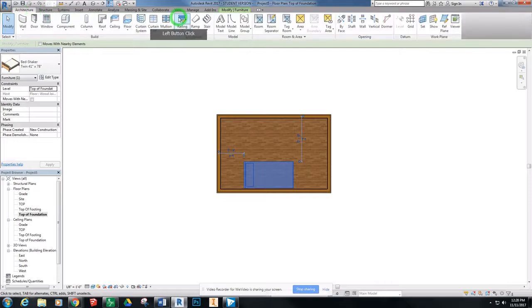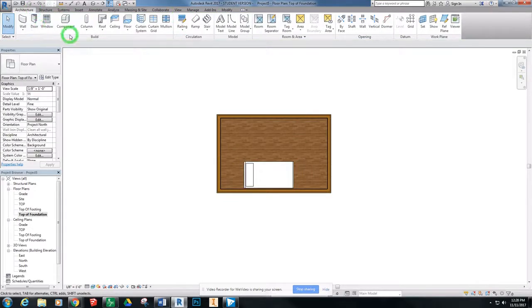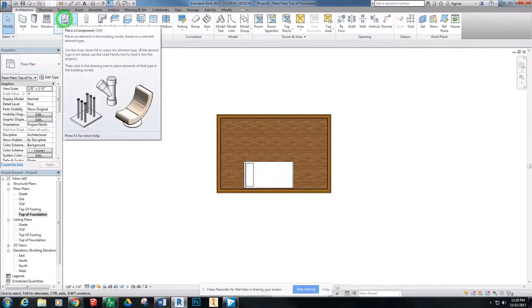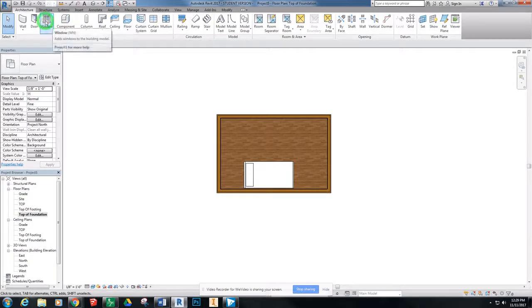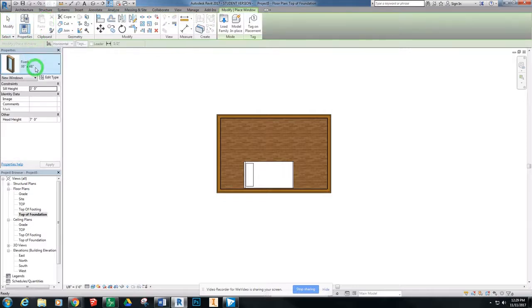In the architecture tab, I'm now going to add windows and doors. You can only add a window as a window and a door as a door. A common thing people will do is they'll try to add a component and then load a window through there, but you can't load a window as a component. So I'll start with windows, and again I have some preloaded ones, some very basic ones. You can use these if you'd like. I'm going to go into load family